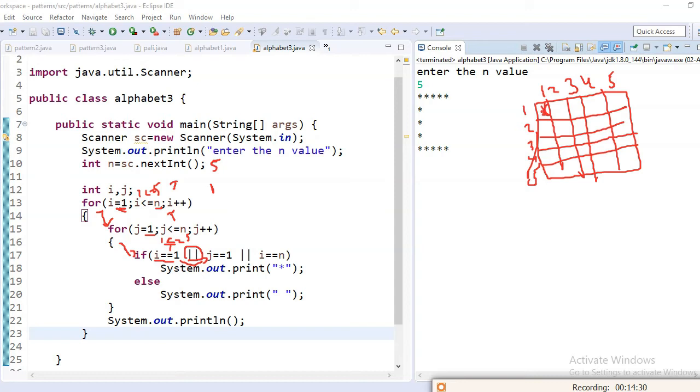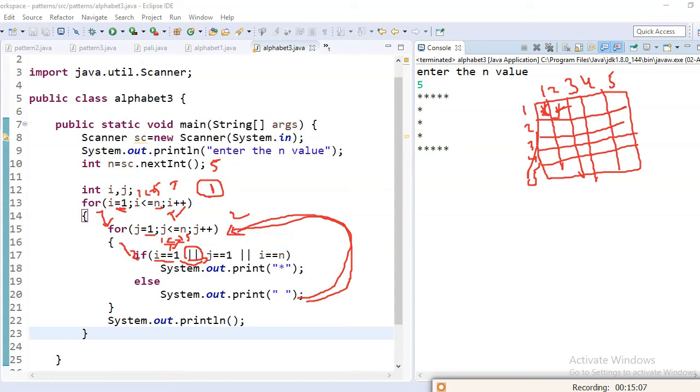Okay. Now again the cursor moves to this place. So again it will go to the j part. Now j value is incremented to 2, so the cursor will move to this place. Now again check the condition: 2 less than or equal to 5. Condition again true, so it will go inside the body. If i double equal to 1, till now i value equal to 1. Condition true. If condition is true, it will print star, right?